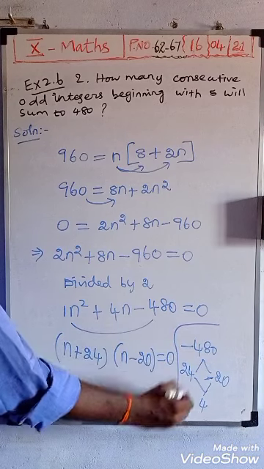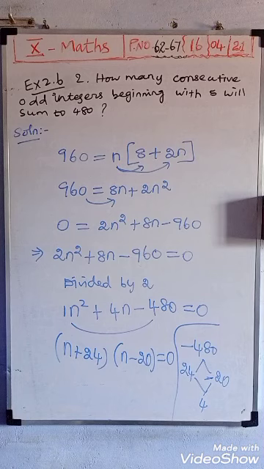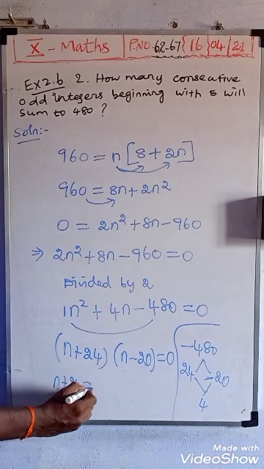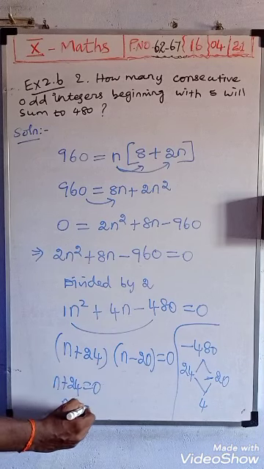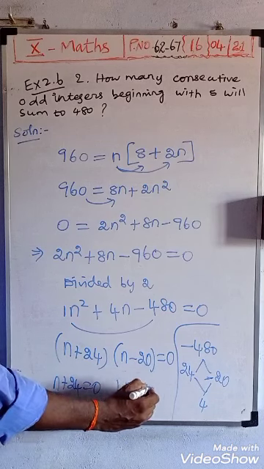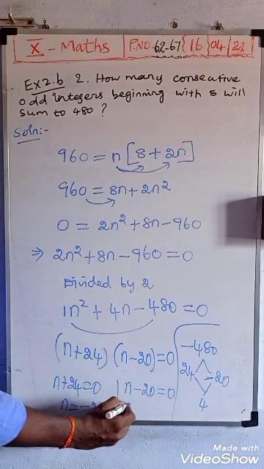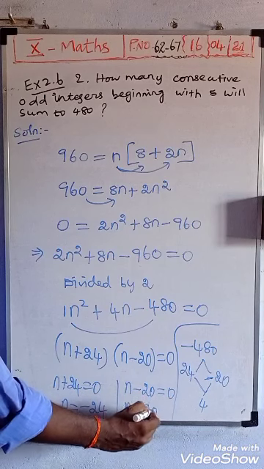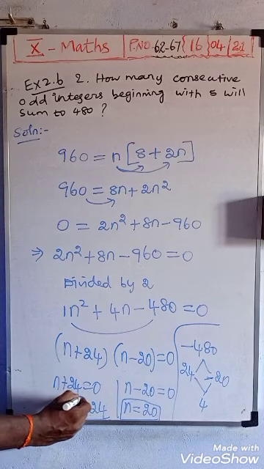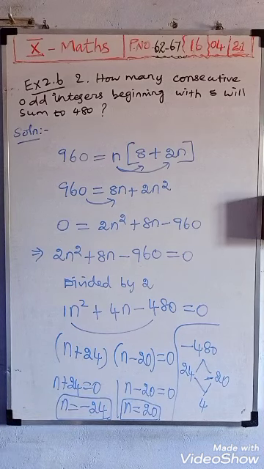Okay, this rough work you should write. This is a factor of this quadratic equation. Now equate both to zero: n plus 24 is equal to 0, so n is equal to minus 24. Here n minus 20 is equal to 0, so adding 20, n is equal to 20. We received two answers, but